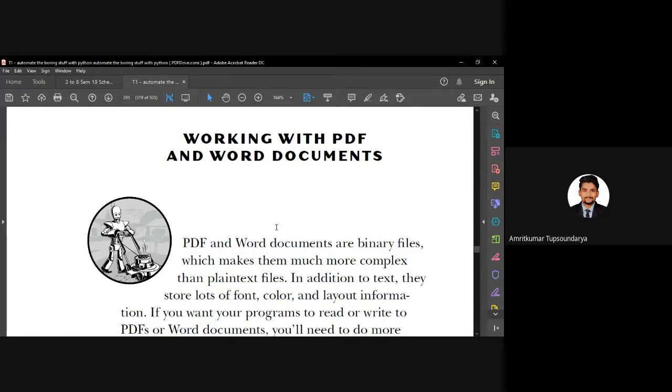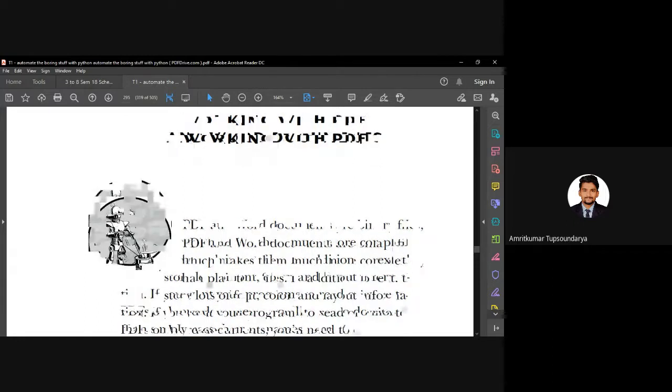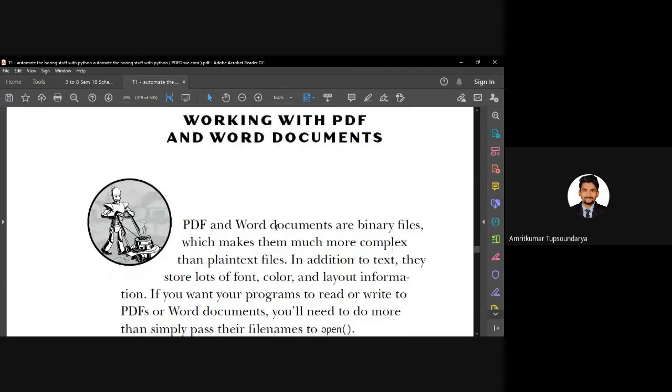But unlike a normal text document, PDF and Word documents are binary files. I don't know how many of you are already aware of this, but interestingly, PDF and Word documents are binary files, which makes them in fact more complex than normal text files.